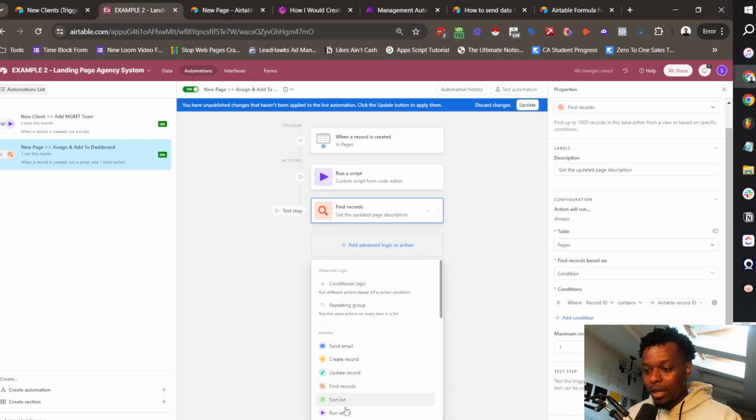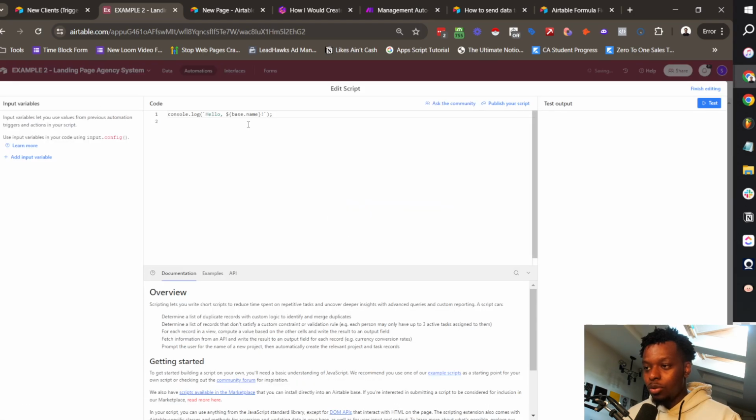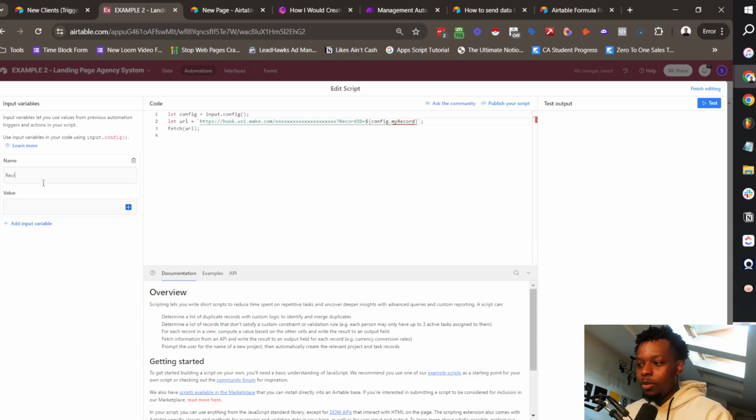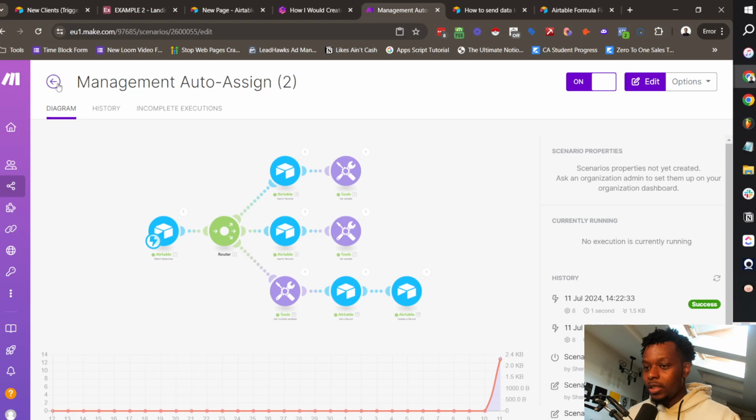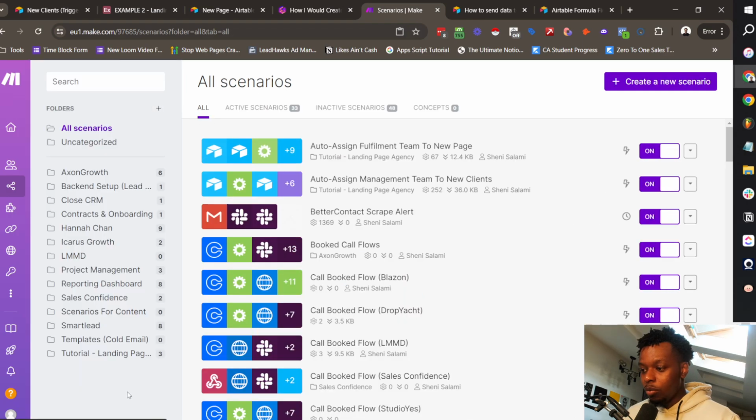And then the next step here is to send it to Make, because this is going to do all of our auto assigning system. So I'm going to get the script in a second. So I've gotten the script back here, and then we want to add another input variable again, which is we want to basically copy the exact same thing we did before. Record ID is this, and then we want to create a new webhook URL, because this webhook URL is going to be for a separate automation. Now, that automation is going to be a new one that we create, which is called